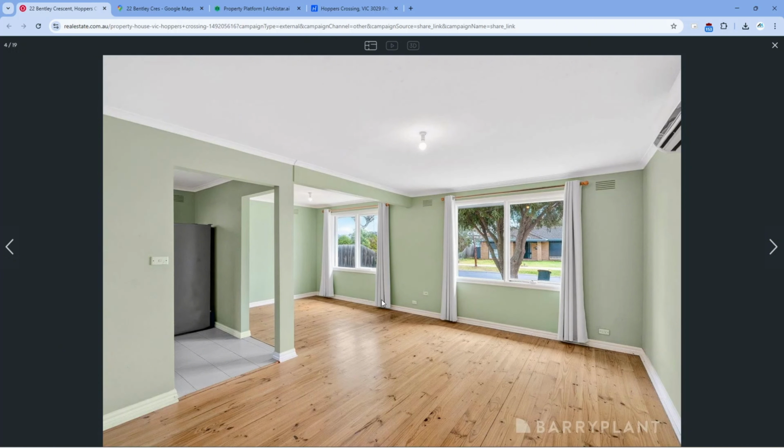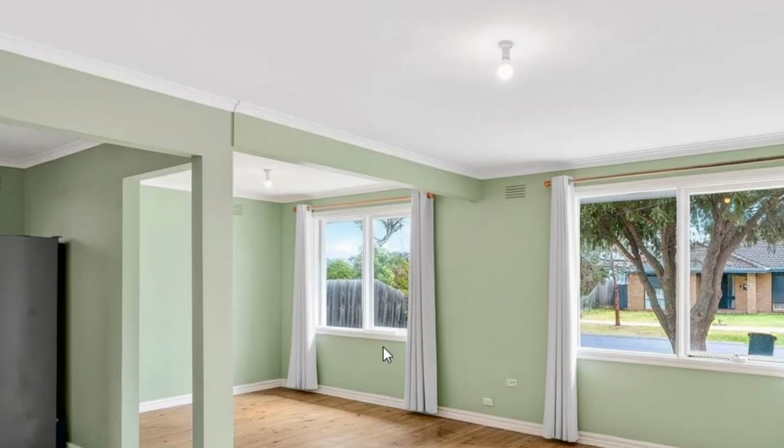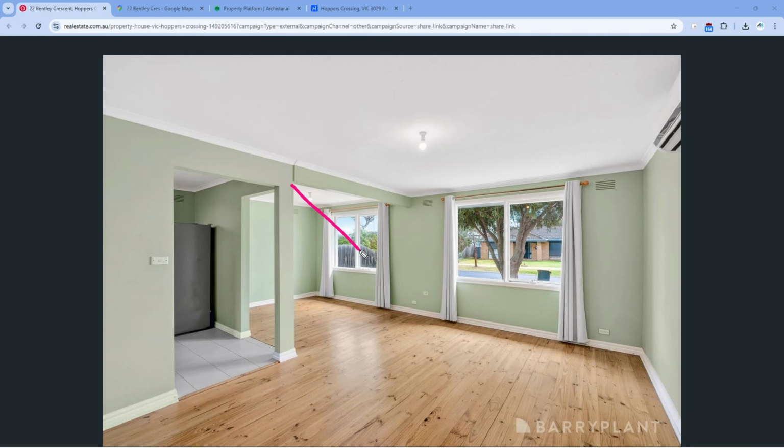Now, what's really good about this study room is that it has a window over here, and it's in a little perfect corner where you can put a wall up just about where this X is that I'm marking and make this into a 4th bedroom. It'll be a smaller 4th bedroom, only 3 meters by 2.7, but it has the potential to significantly